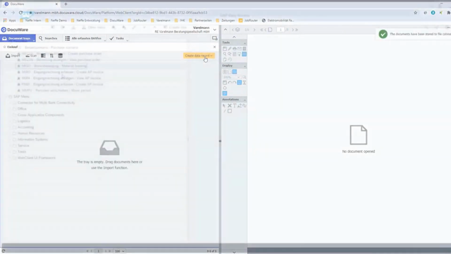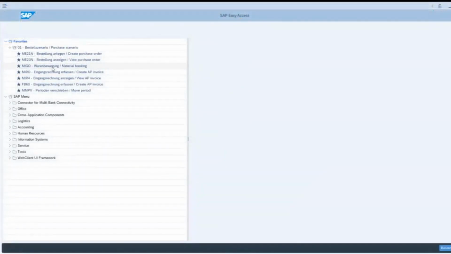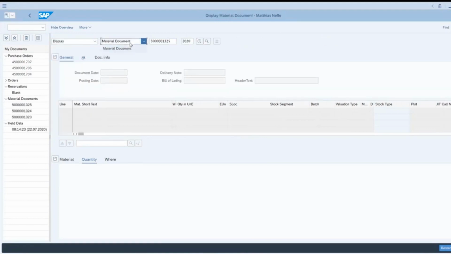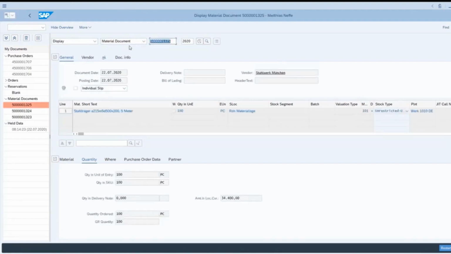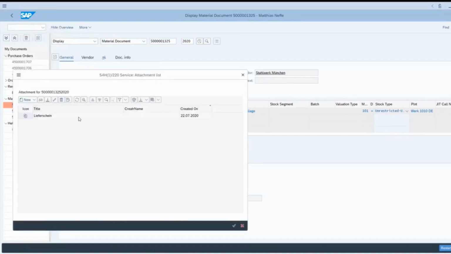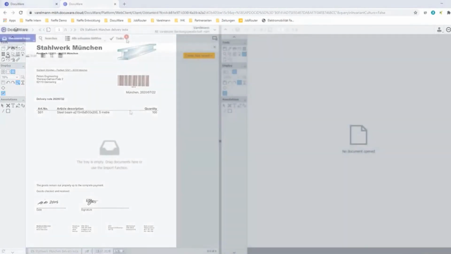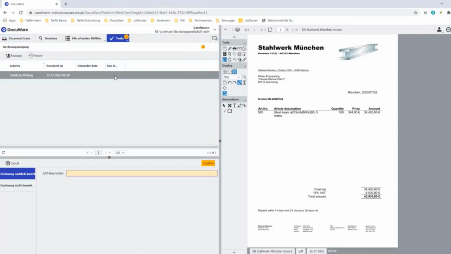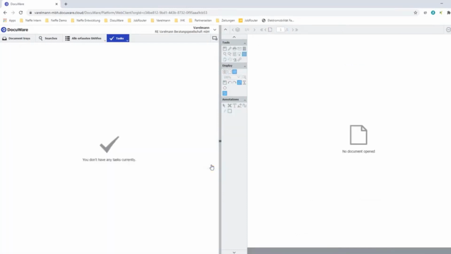After we've saved the document, we can go back to SAP and have a look at the material document. So what we'll see here is that the document which was just put into Docuware with a barcode is now connected with SAP and can be shown here. Now we go back to Docuware. I just received a task that I should check the invoice. I say the invoices are okay, and I say the next clerk who has to work on it in SAP